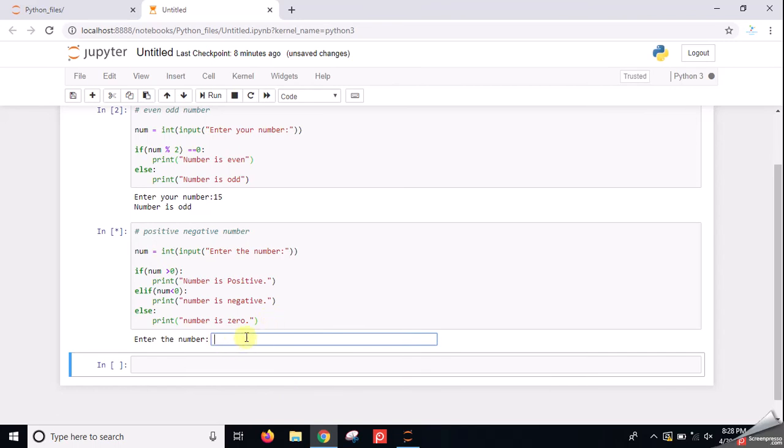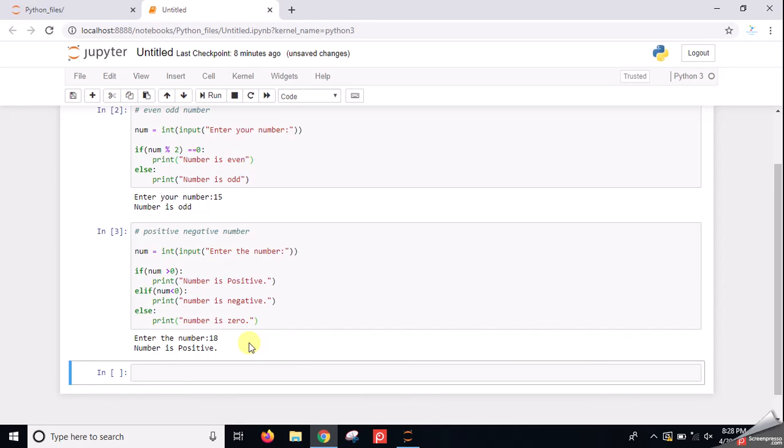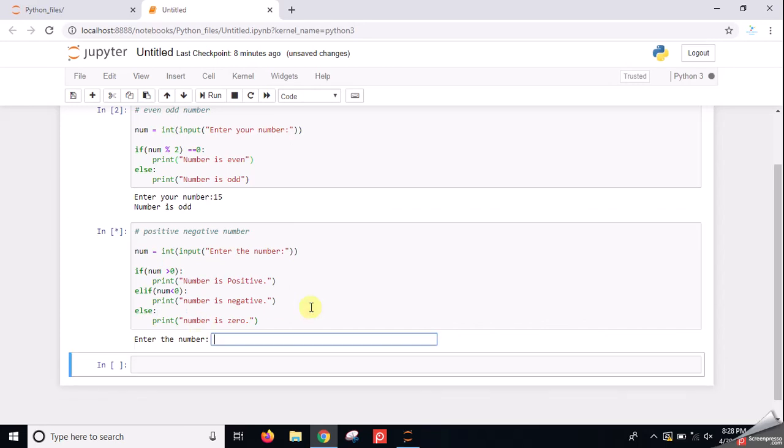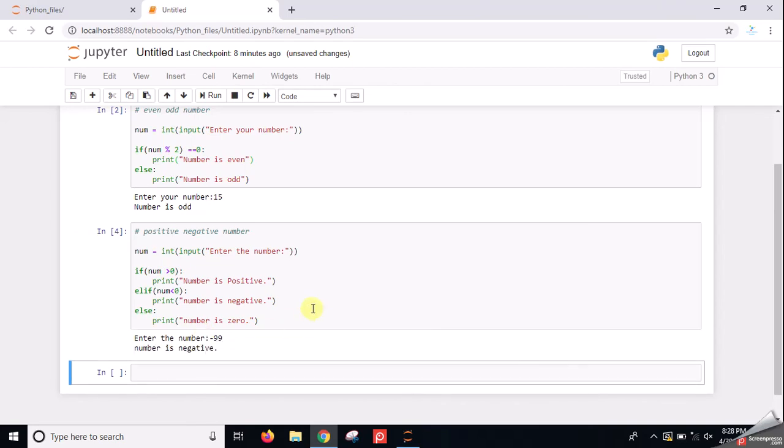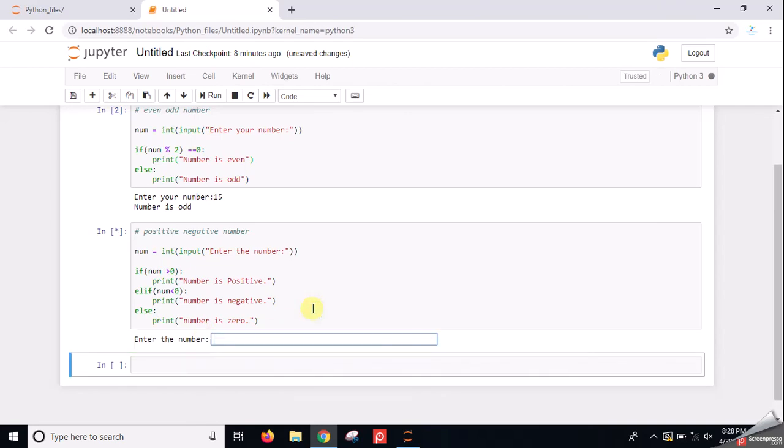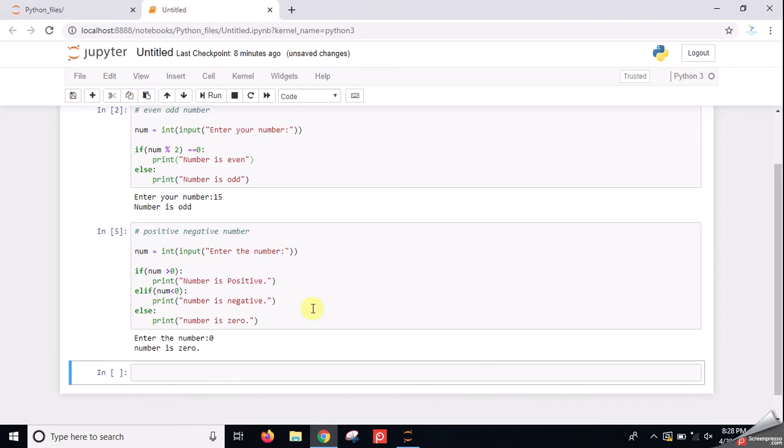Here it is prompted to enter the number. I am entering the number 18, which is a positive number, and hence is the output. Now I will give some negative number and it is giving me that the number is negative. Now I enter 0, then it is giving 0. Our program is absolutely fine over here. It is a very simple program.